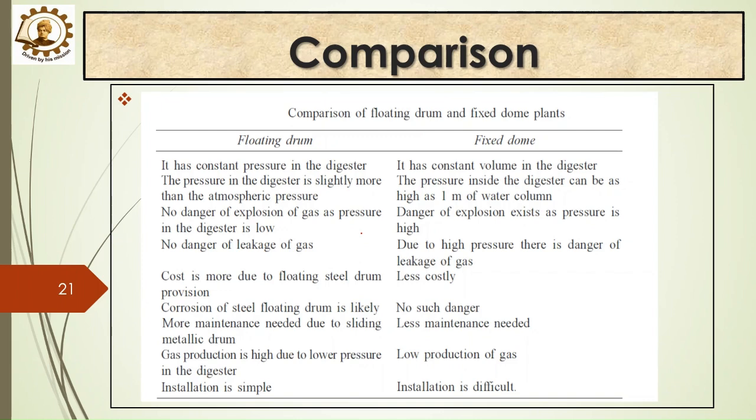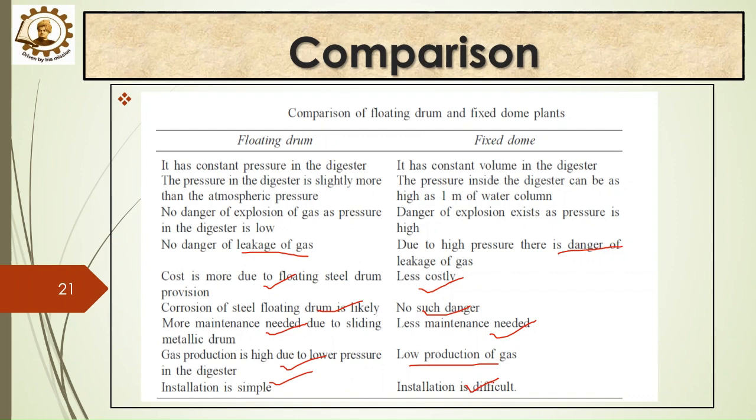Now, in the floating drum type, we have no danger of gas leakage. In the fixed dome type, due to high pressure, there can be gas leakage. The cost is more due to the floating steel drum; for the fixed dome, the cost is less. Corrosion of the steel floating drum is likely; for the fixed dome, no such danger. More maintenance is needed due to the sliding metallic drum; less maintenance is needed for the fixed dome. Gas production is high in the floating drum due to lower pressure; the fixed dome produces less gas. Installation is simple for the floating drum; installation is a bit difficult for the fixed dome. So, as we can see, we have both advantages and disadvantages for the floating drum type and the fixed dome